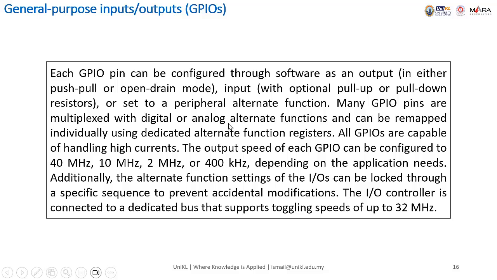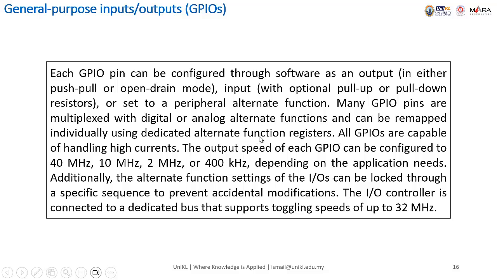Peripheral alternate function means, for example, transmit lines or receive lines, or input to the timer, input clock to the timer, and so on. Many GPIO pins are multiplexed with digital or analog alternate functions and can be remapped